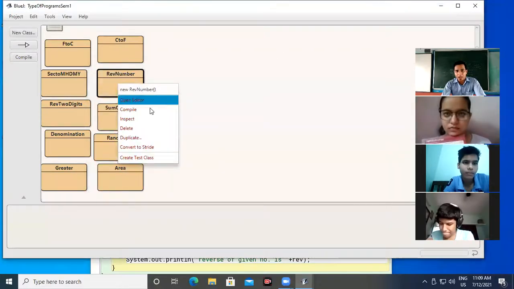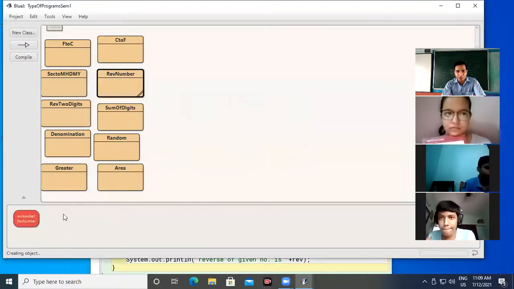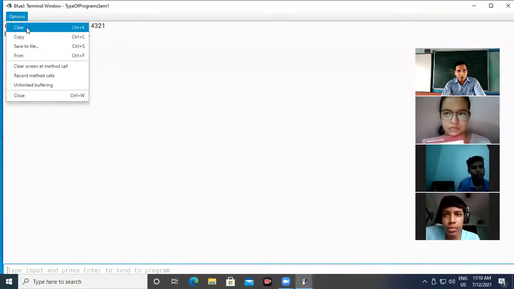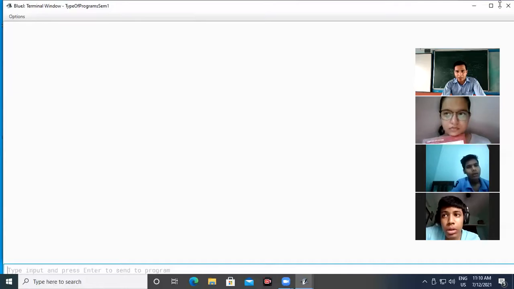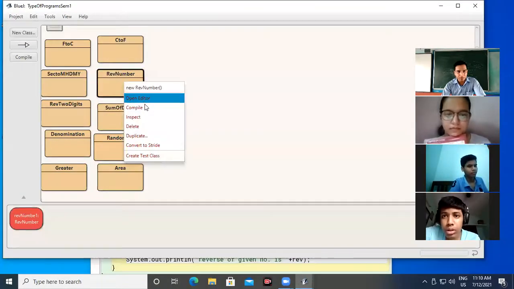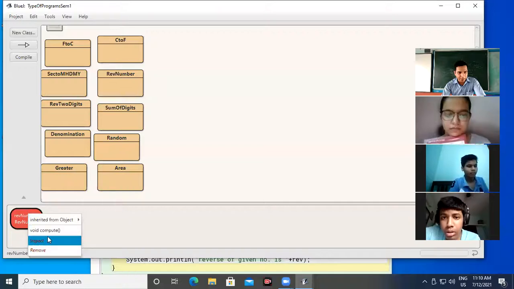Okay, compilation is okay. Now I am going to create the object of the program and then execute this. Enter any 4-digit number. That output is of the previous one. I am going to execute it again. Sorry, I have to input some value. Object is already created.